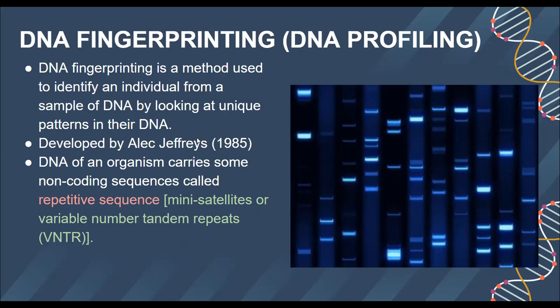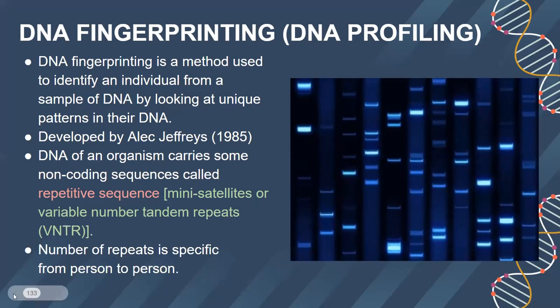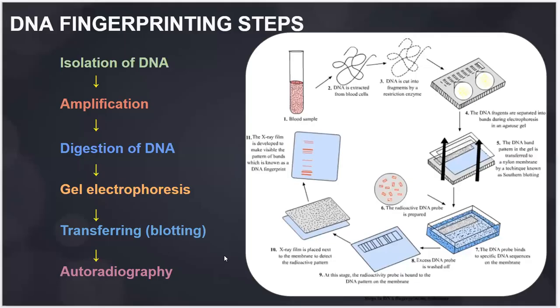And on what basis do we identify DNA. That is that 99.9% we are similar, only 0.1% we are different, and that difference is because of these VNTRs. Okay, so the number of these repeats is very, very specific and unique from person to person. So we are going to understand briefly about the topic of